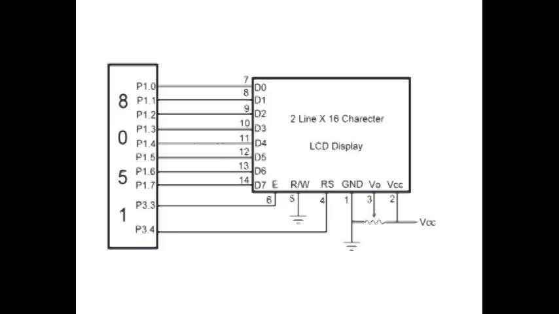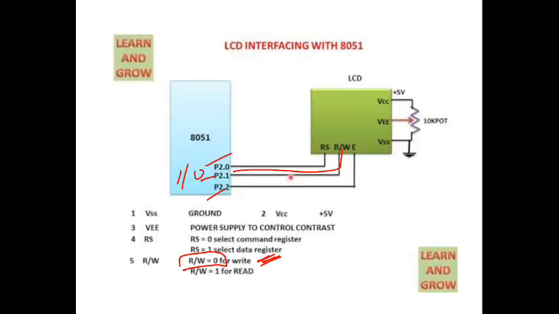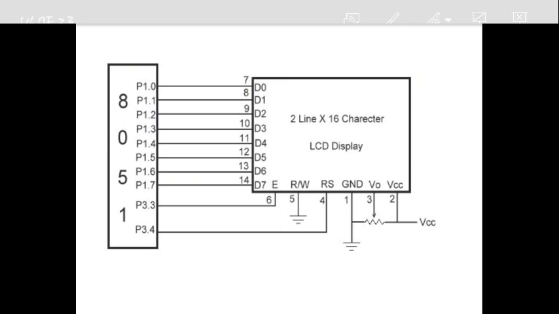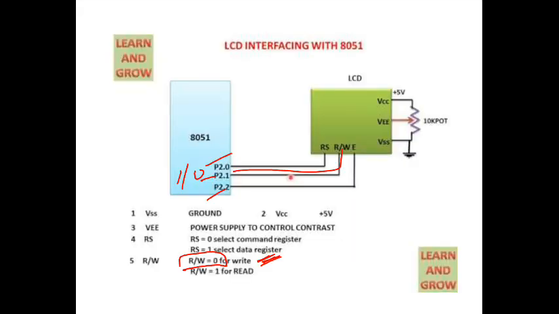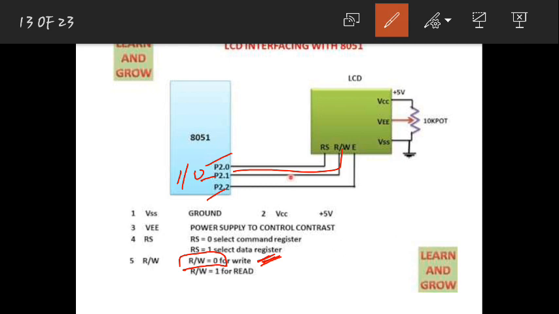So in this diagram, you just ignore these pins 3.3, 3.4. Instead, you consider the same pins 2.0, 2.1, 2.2. I didn't get the same picture to show you with all of this, I just took this one to show you the clear interfacing of the data bus. So just replace this in the previous picture. Here you just consider those 8 pins D0 to D7, and consider port 1 for that.